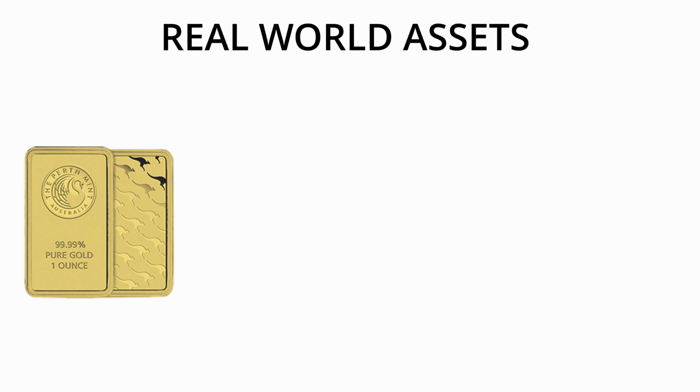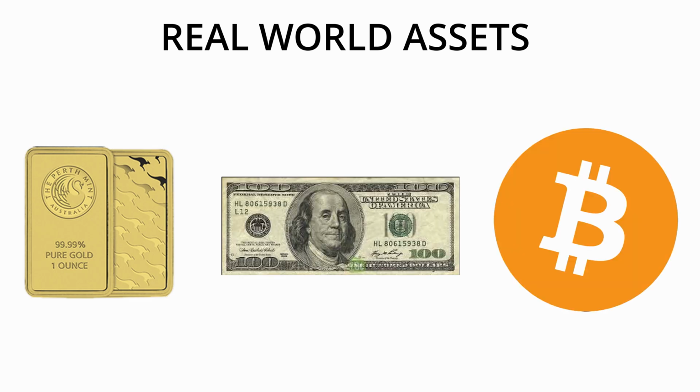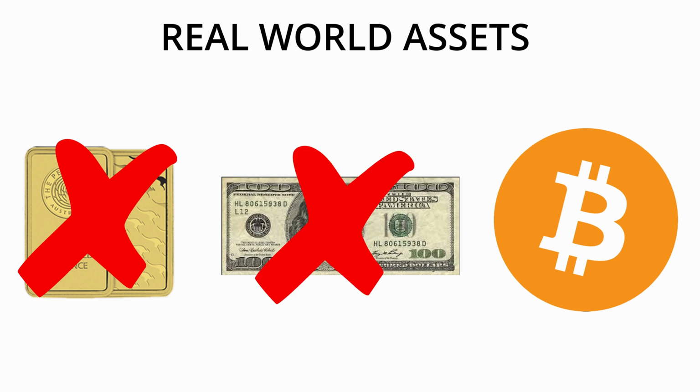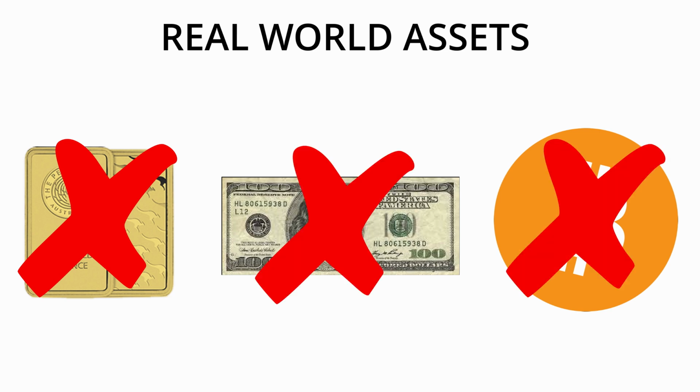So let's start off with what I just said earlier. In this case, those real-world assets like gold, dollars, and other cryptos. As we know, we can't trade gold on the blockchain, you can't trade dollars on the blockchain, and you can't trade cryptos on the Ethereum blockchain if they weren't made on it, right? Well, Synthetix, pretty much the way it works is it allows all those different assets to exist on Ethereum using